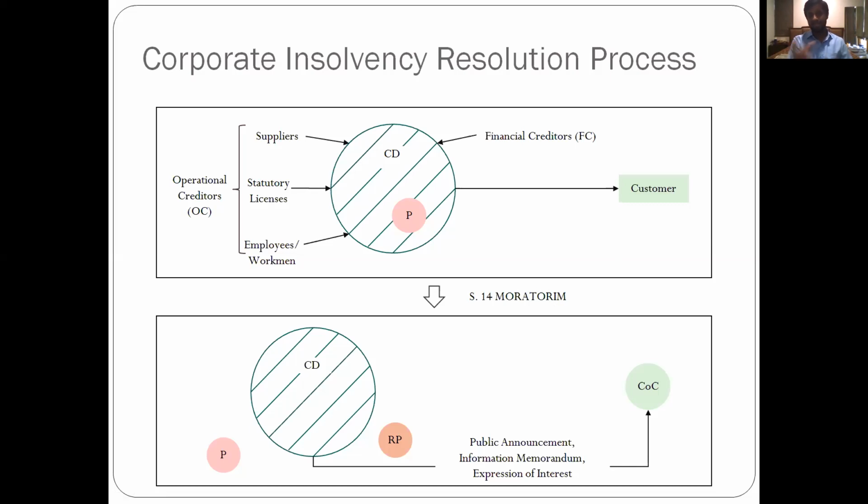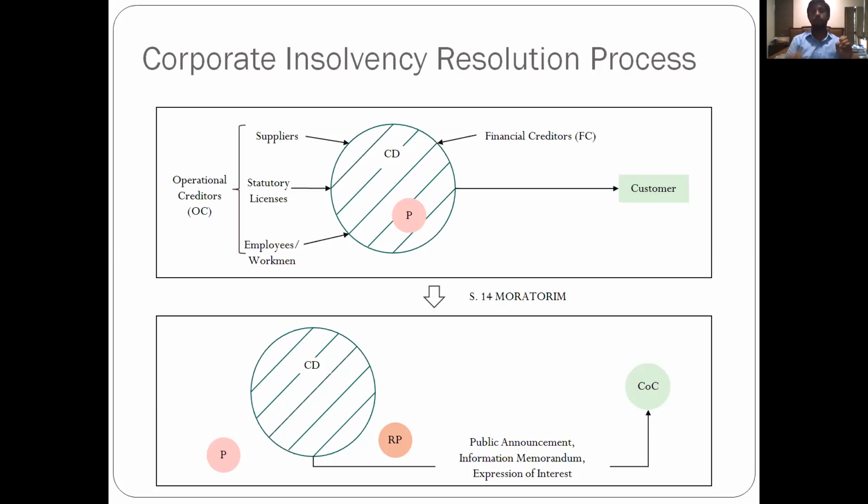Now, what exactly is a moratorium? Think of it as a freezing order. So once the court takes you into its jurisdiction, everything freezes. If there is any pending litigation against you, it will freeze. If you want to alienate your property and sell it off, in the earlier acts you could do that under SARFAESI, I'm sorry, under RDDBFI or under SICA. You could erode your company. You could sell off your company from the side.